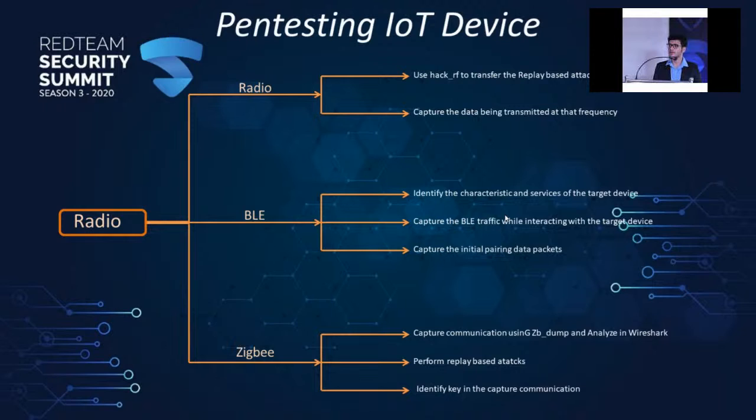Next comes BLE. Usually on IoT devices we mostly use BLE. There are two types of things here: one is called Bluetooth and the other is called BLE. So for the Bluetooth